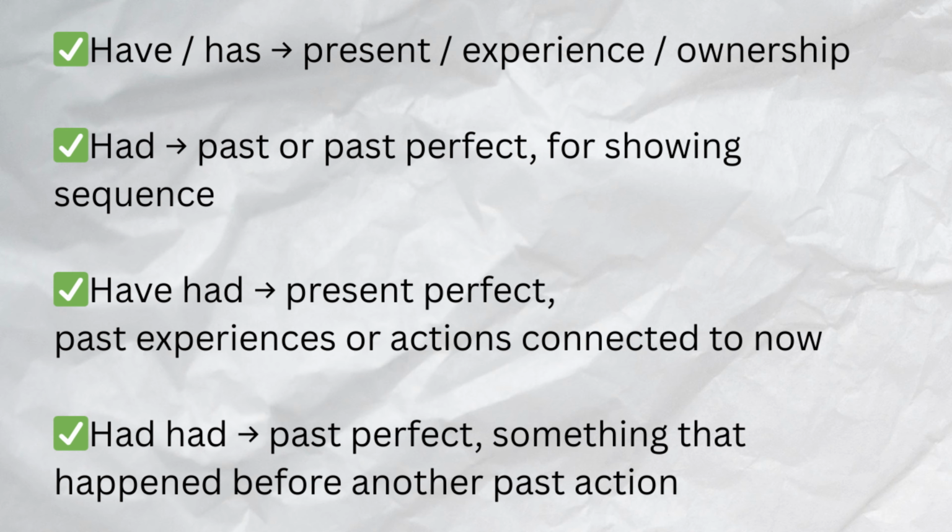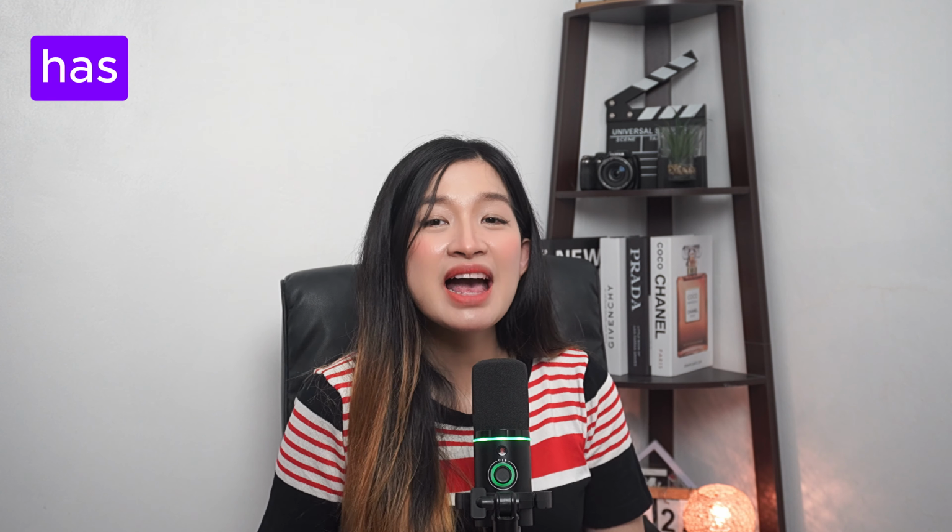So remember, have or has, present, experience, ownership. Had, past or past perfect for showing sequence. Have had, present perfect, past experiences or actions connected to now. Had had, this is past perfect, something that happened before another past action. And that's it for has, have, have had,